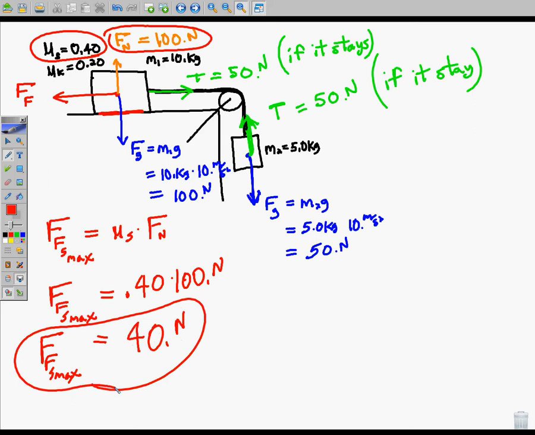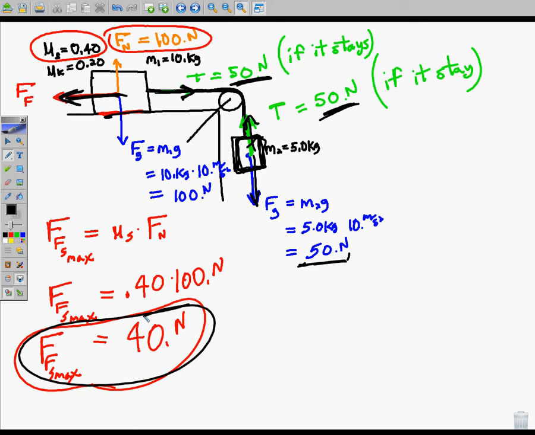So, do we have enough static friction force to keep it there? No, we don't. Because if it stays, we know that this guy over here is going to be pulling down with a force of 50 newtons, so that upward cable force would have to be 50 newtons. So this force here to the right would be 50 newtons. If this cable force to the right is 50 newtons, if it stays, to support this guy over here, we would have to have how much static friction holding it this way? 50 newtons if it stays. But do we have enough? No. Because the most we could possibly get is 40 newtons. So since this tension force here is greater than the maximum static friction force,